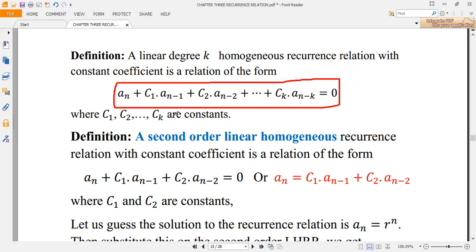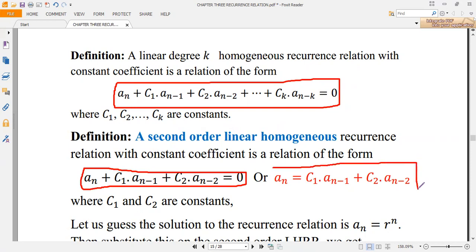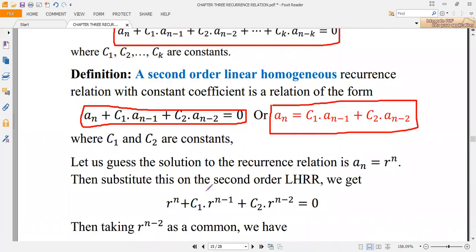From this definition, a second order linear recurrence relation is represented by this one, or you can represent it by splitting off the nth term and expressing it by the previous terms of the sequence, where c1 and c2 are constants. Now, to find the solution to this recurrence relation, we can start with an initial guess for the solution to be this term,